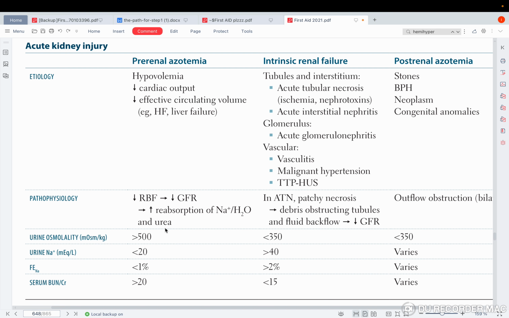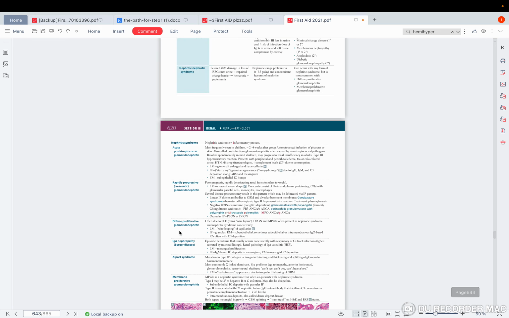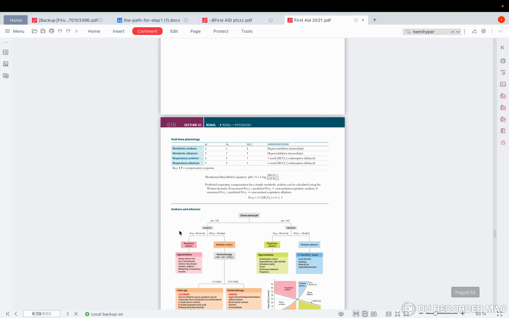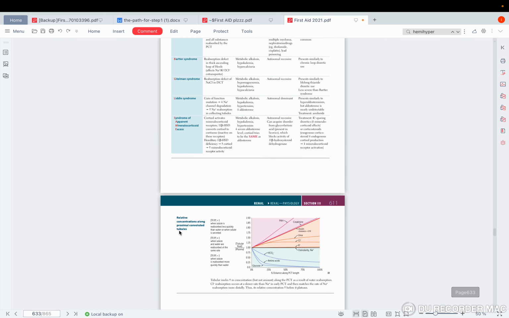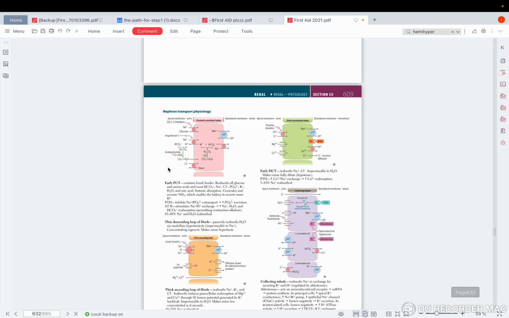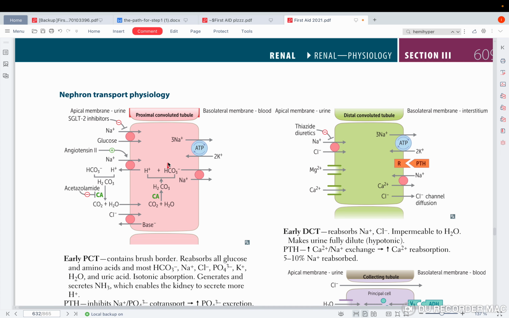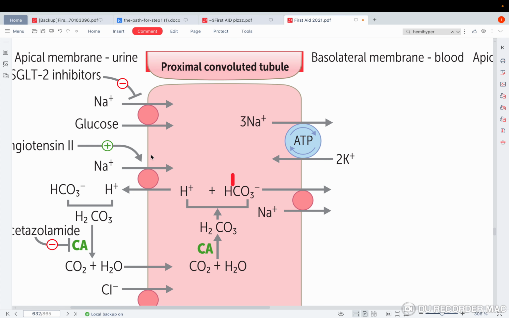That increased the urine osmolality initially. Sorry, no, not the urine osmolality. That led to what? Sucking of what? The sodium. Take a look. Reabsorbing of the sodium. Let's take a look. See, here the sodium is getting reabsorbed in a massive amount. A massive amount of sodium is getting reabsorbed.